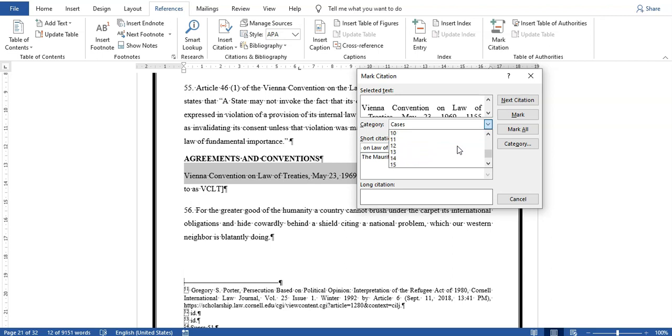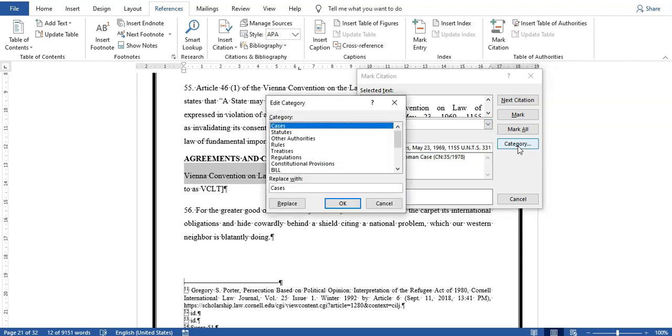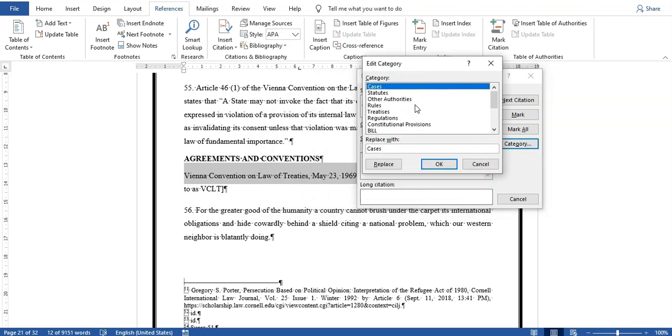Now there are no agreements and conventions, so I can create that category. Click on category, select some number, and replace 10 with agreements and conventions.